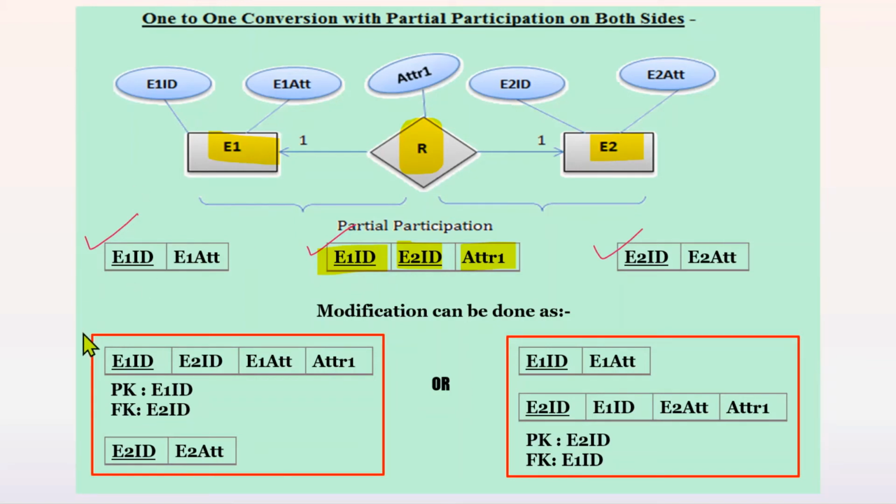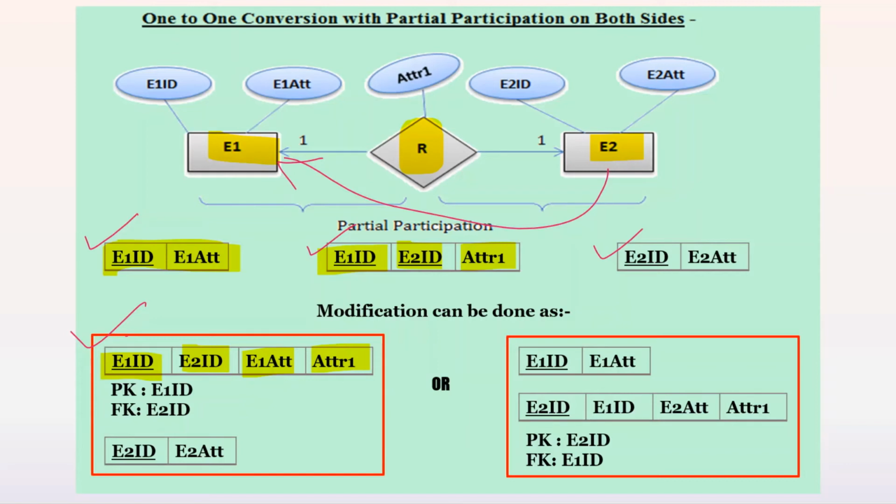The first option is adding E2 to E1, that is, adding the primary key of E2 to E1. So the table has the E1 key and the E1 attributes, which are the simple attributes of E1. Now we have to add the primary key of E2, and all the attributes of the relation, if there are any. So here are the attributes of the relation. This is the simple way to convert